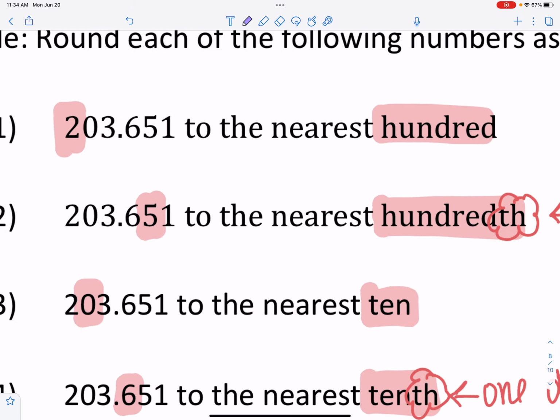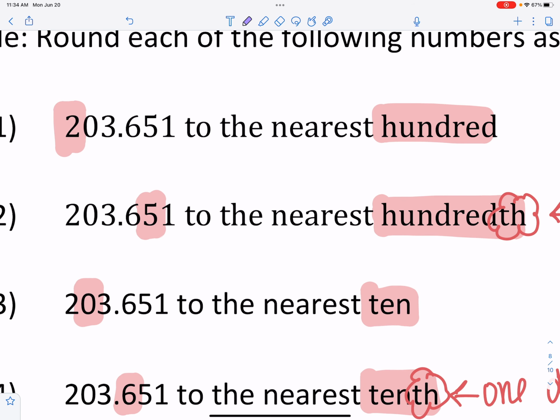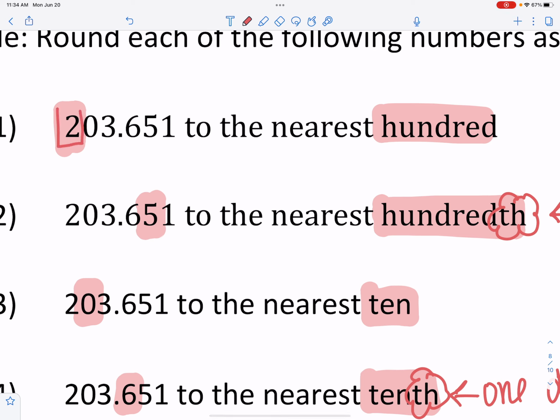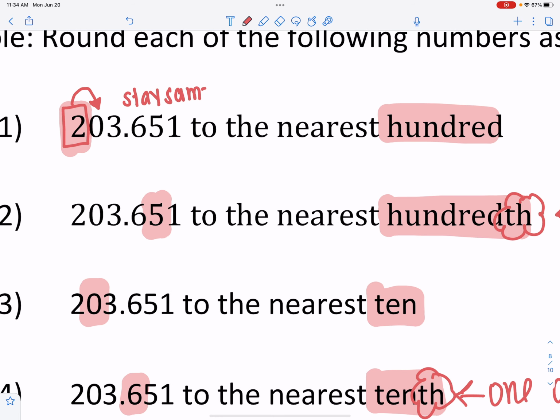So here is my first example, 203.651 to the nearest hundreds. I already went ahead and labeled the hundreds spot. There's our hundreds place value. I'm going to look to the value to the right, and because that 0 is 4 or less, it is going to stay the same. And what's going to stay the same? The 2 is. So this will round off to 200. Okay, the next one,